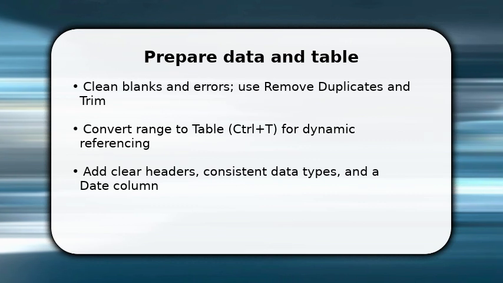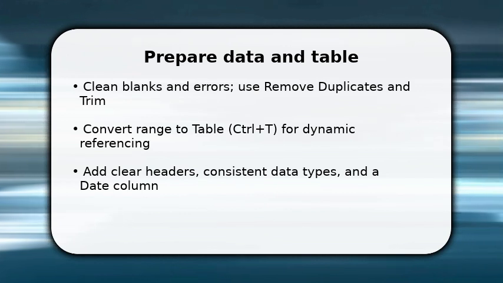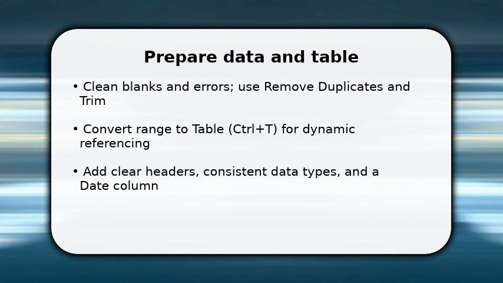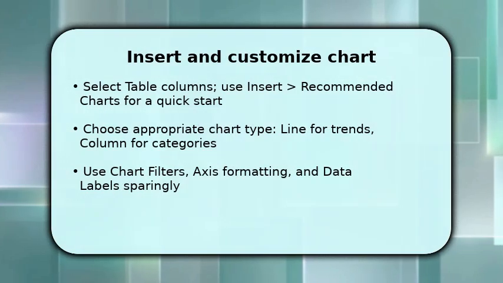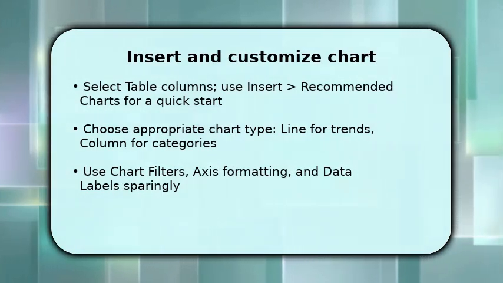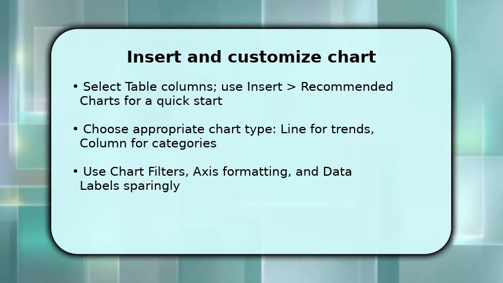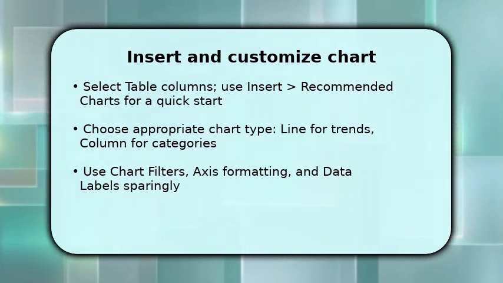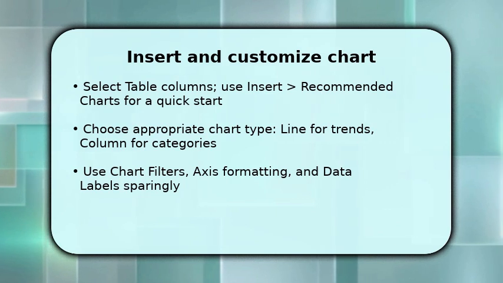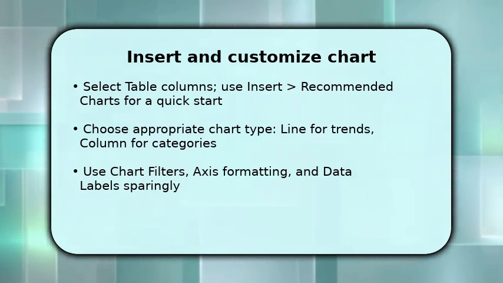You want dates as real date types and numbers as numeric, otherwise Excel will treat them as text and charts won't plot. Next, add a short helper column for categories if needed. Now build the chart. Select the table columns you want to visualize and go to Insert, then Recommended Charts to preview options. Pick the chart type that matches your message: line for time trends, column for comparisons, stacked for parts